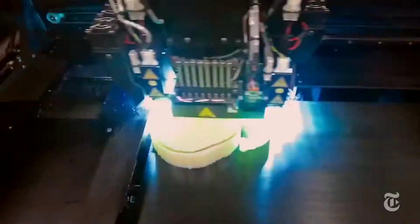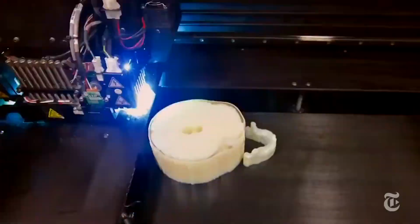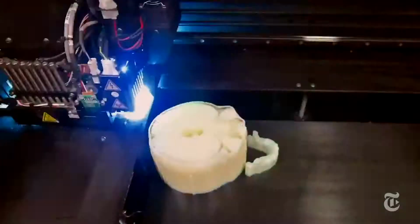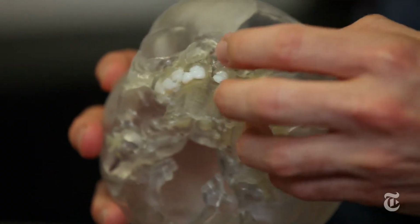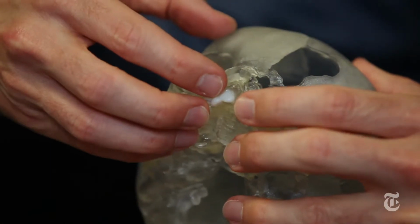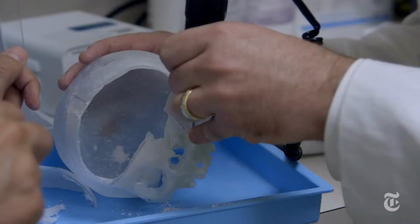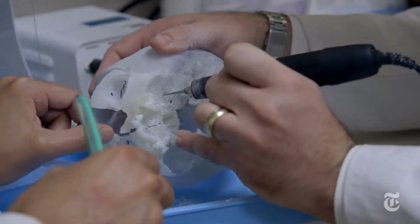The printer lays this resin down, moving up through the skull. Thousands and thousands and thousands of layers with acrylic being added in very specific spots. So when I'm looking at a complex craniofacial condition like this, I'm able to turn this over and look at various areas where I might need to make special cuts in the bone. So you can see here a model where we actually went to the lab, made the cuts that we had anticipated making,